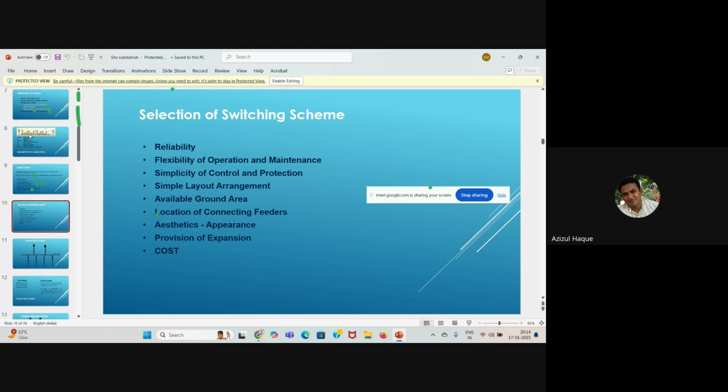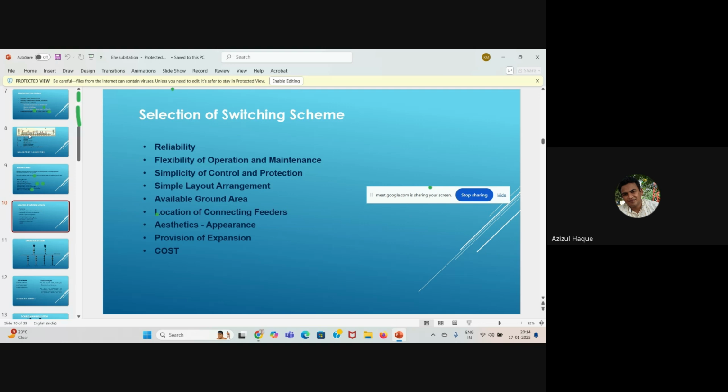So yeah, this switching scheme or busbar scheme, how is it selected? These are the criteria based on which these schemes are prepared or designed. Reliability, flexibility of operation and maintenance, simplicity of control and protection. All these are criteria. Based on these factors, the scheme is selected, which particular scheme will be used